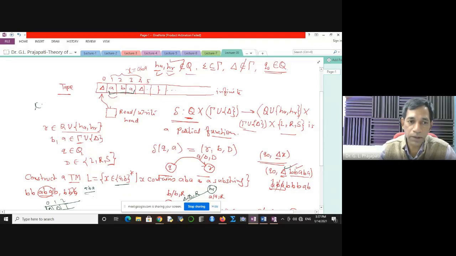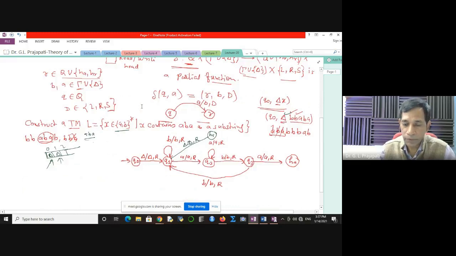The string X does not contain any blank symbol within it. Immediately after the completion of the input you have the blank symbol only. So whenever you are at the state Q3 and you observe that the square contains a blank instead of A or B,